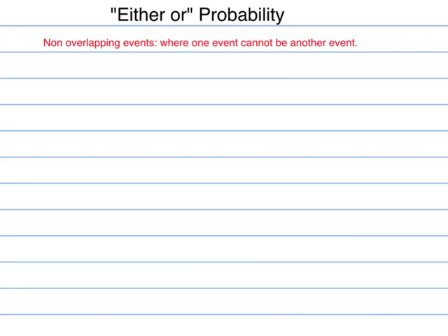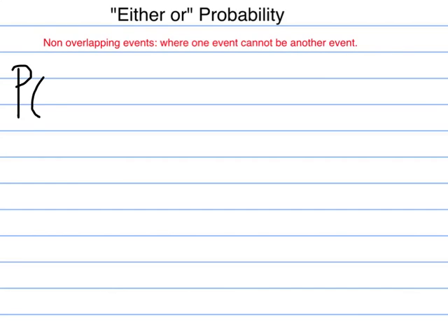Let's look at either-or probability. There are two types of cases of either-or probability: non-overlapping events and overlapping events. In this type of probability, we want the probability of one thing or another thing happening in one situation. So an example of either-or probability of non-overlapping events would be like find the probability of drawing, let's